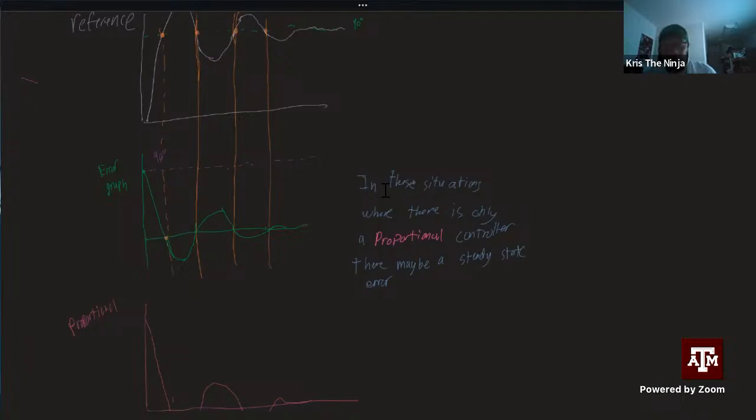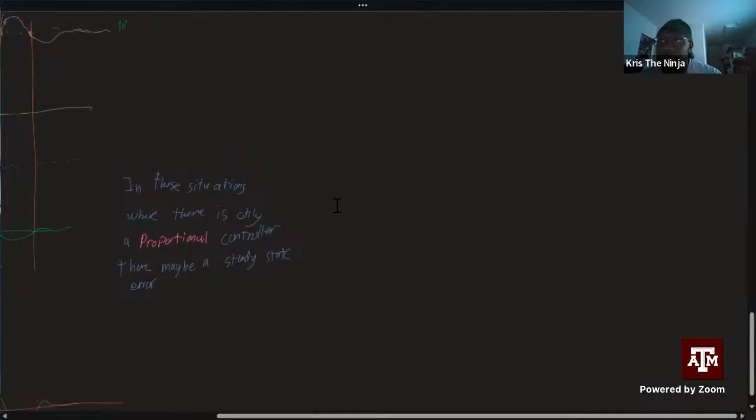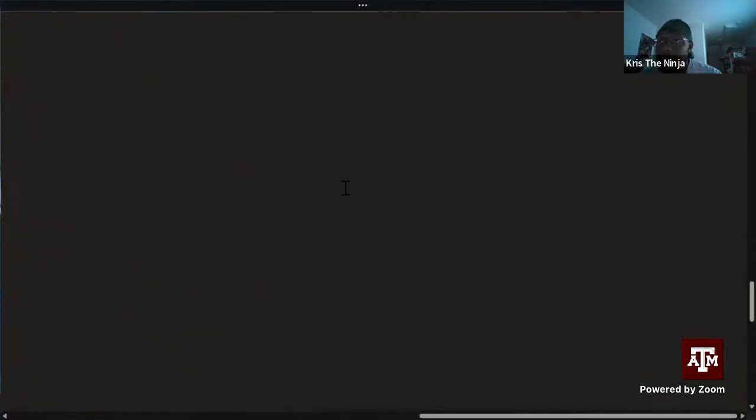So let's skip ahead over the derivative and go straight to the PID controller, because that's what's going to be on the exam. So a PID controller,